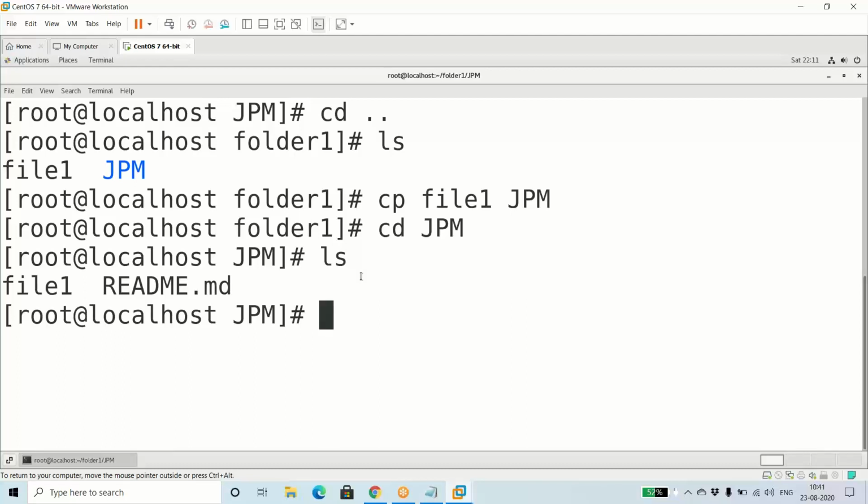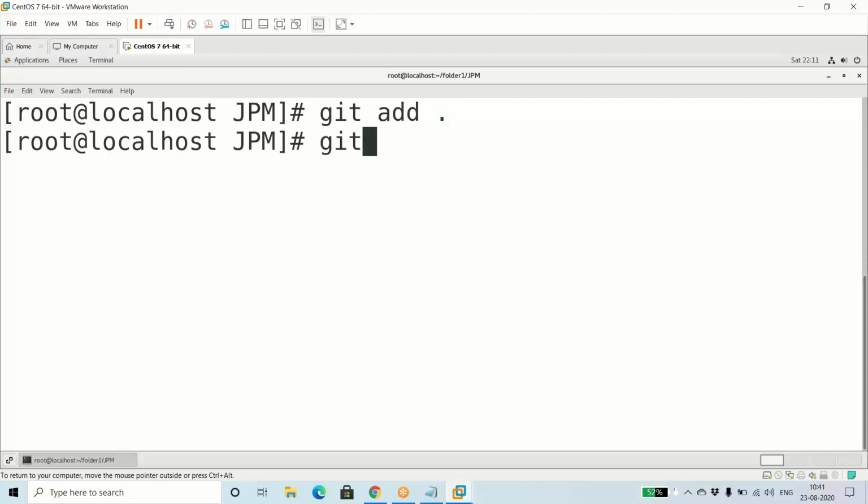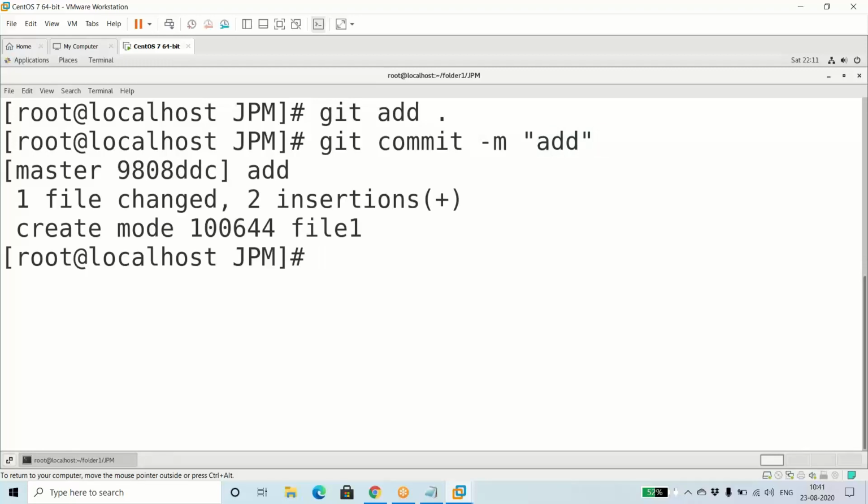Now what I'm gonna do is quickly add this again. Git add, I'll just do file 1. Then I'm gonna commit these changes. Git commit -m, and I'll just give a message.